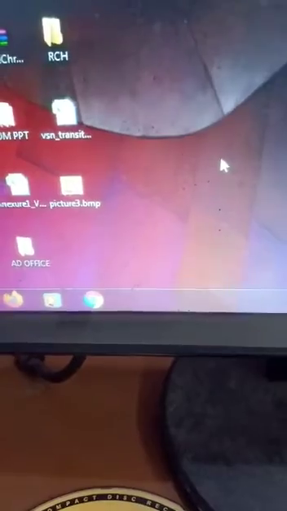Here I want to create a paint file, so I click on Bitmap Image, and then this type of icon is shown. Here you type a name, Picture 3, and press the Enter key. Then the paint file icon will be created on the desktop, Picture 3. If you want to open it, then you have to double click, and that paint file will open. That is the Picture 3 that I have created.